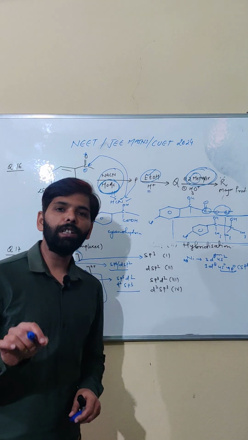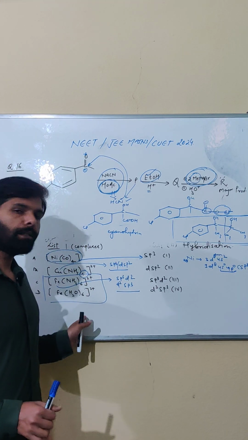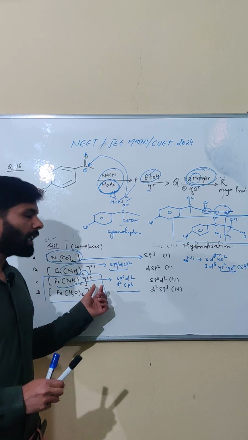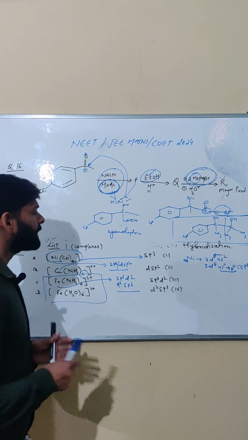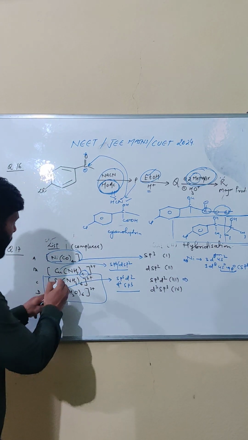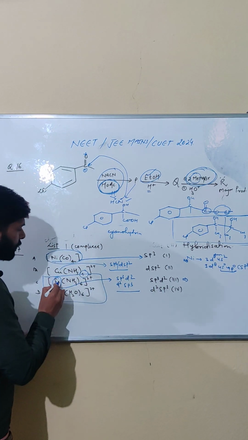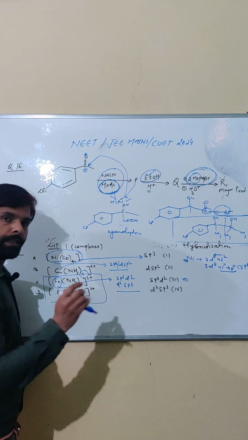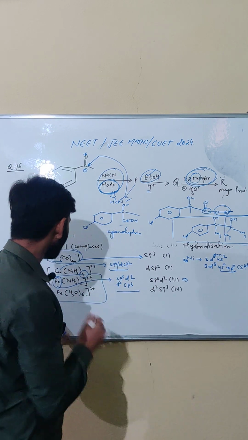So out of water and ammonia, ammonia is a strong ligand and water is a weak ligand. That means ammonia will make the pairing of electrons in Fe, and that's why we can use d orbitals in this. So in case of Fe NH3 due to the pairing of electrons in d orbitals, we can use 2 d orbitals of